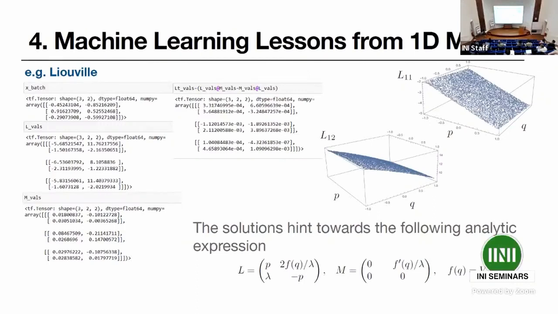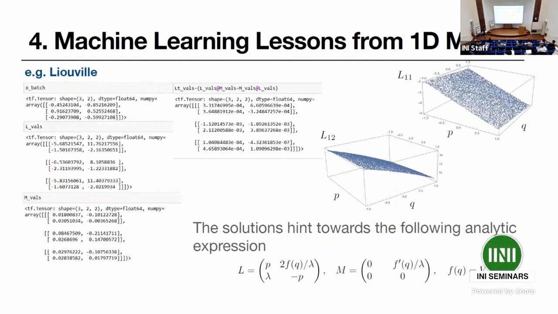It seems that these kinds of solutions that we are finding for the Liouville model, or for these one-particle, 1-dimensional models, go towards analytic expressions: an M that is only excited in this direction, P or P-dependent functions in the diagonal, and something depending on Q in the off-diagonal pieces. Of course, this is partly playing with the neural network and partly knowing what kind of Lax pairs are expected in these systems. And therefore,